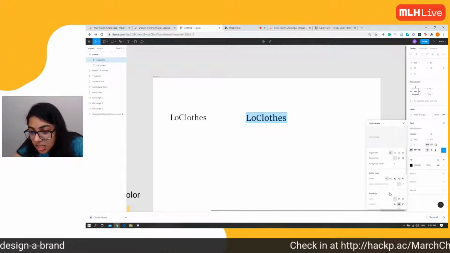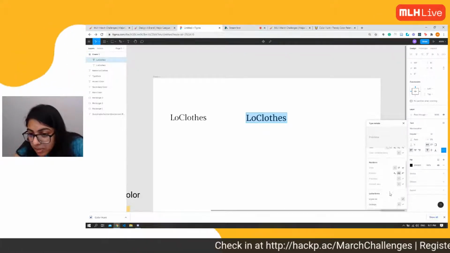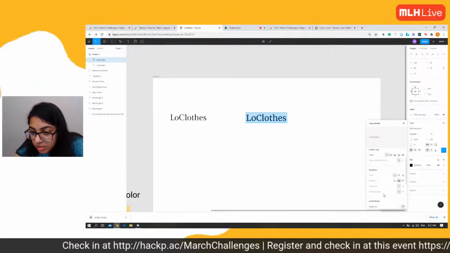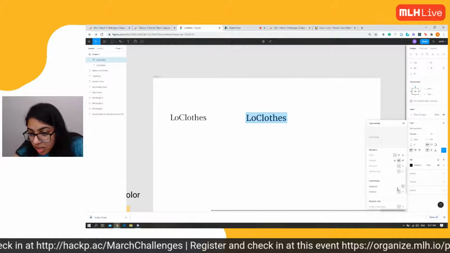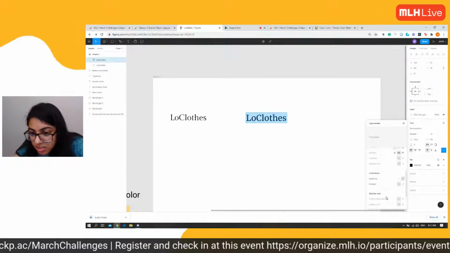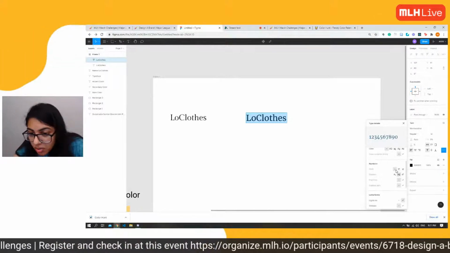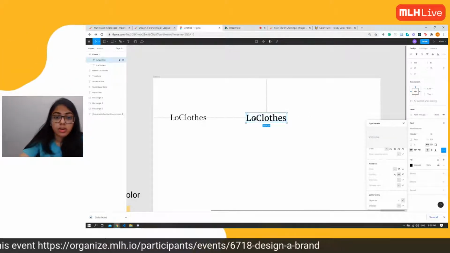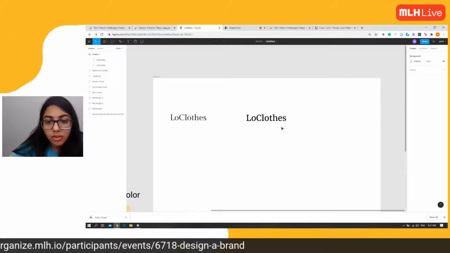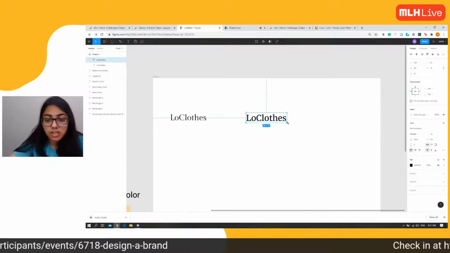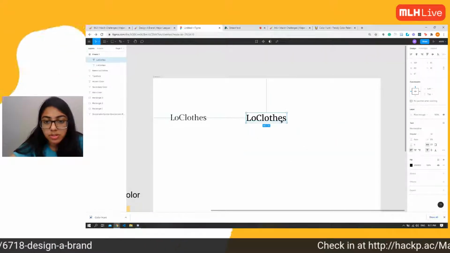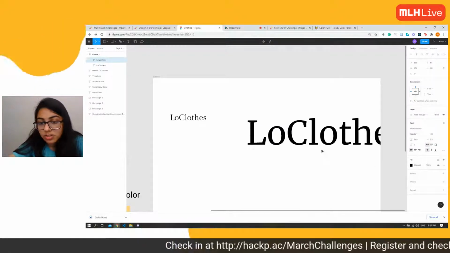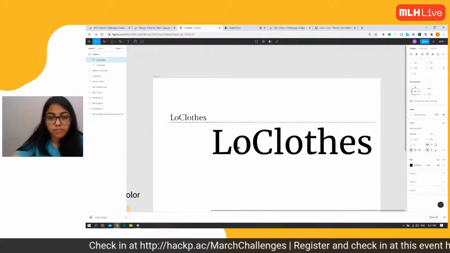Let me see. Okay. So we have casing. The casing seems to be fine here. No decoration. Letter form, styling sets. Okay. All good. So how can we give it a bit more space? I think first of all, let's give it a bigger size that looks more